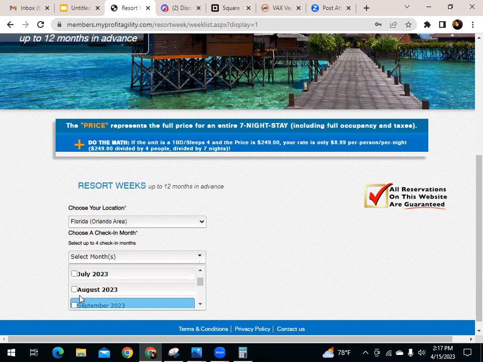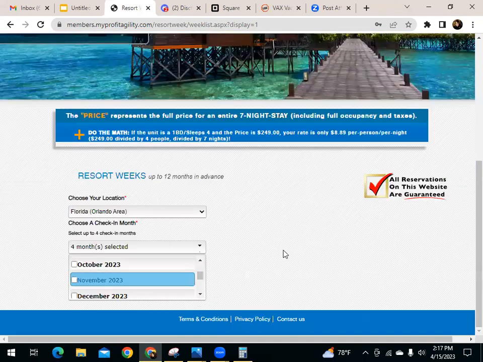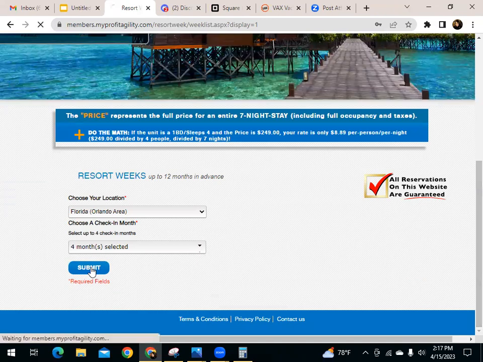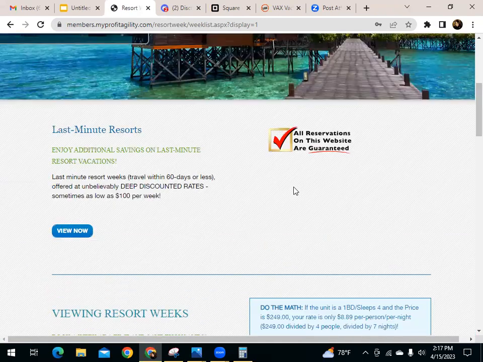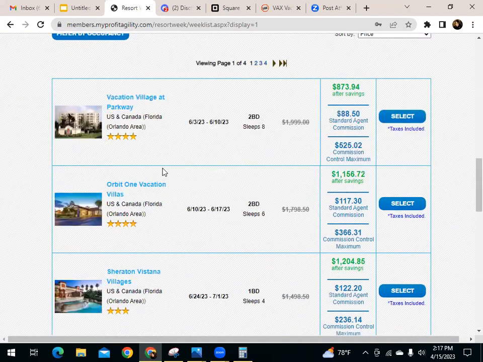They're looking to go somewhere like in July, August, or September. Or maybe they're open to June, but they don't want to go in May. So I can select all 4 of those months, and then I can submit. And basically, the only thing that's going to pull up for me are the availability in Orlando, Florida, for the number